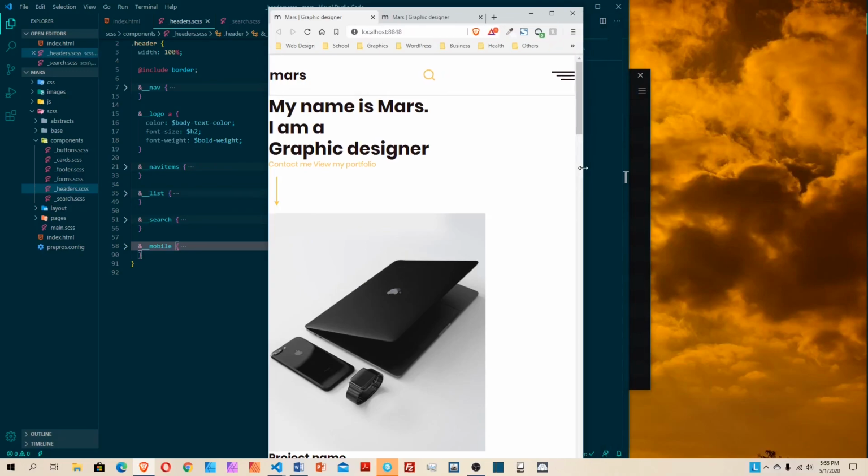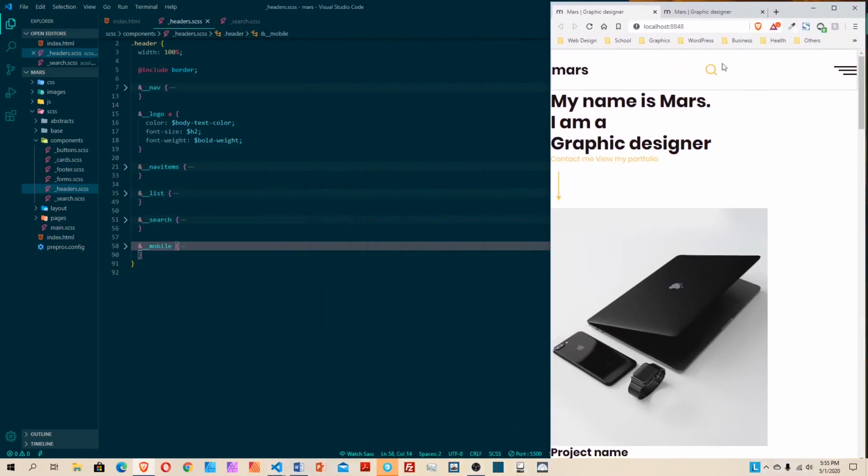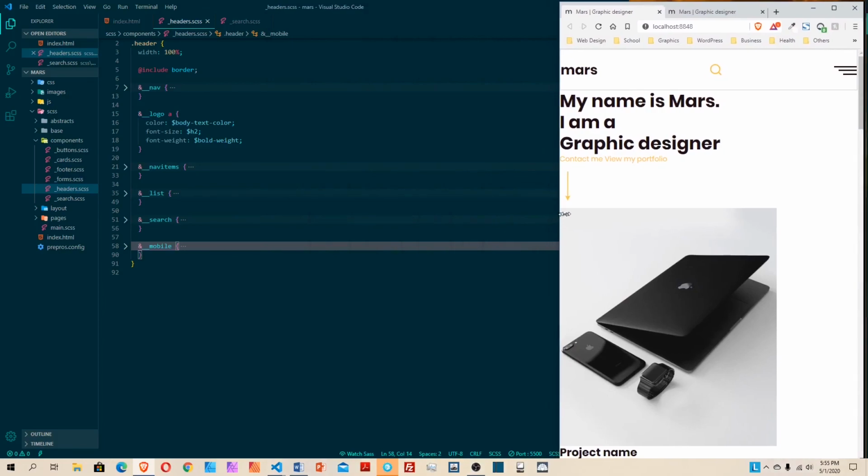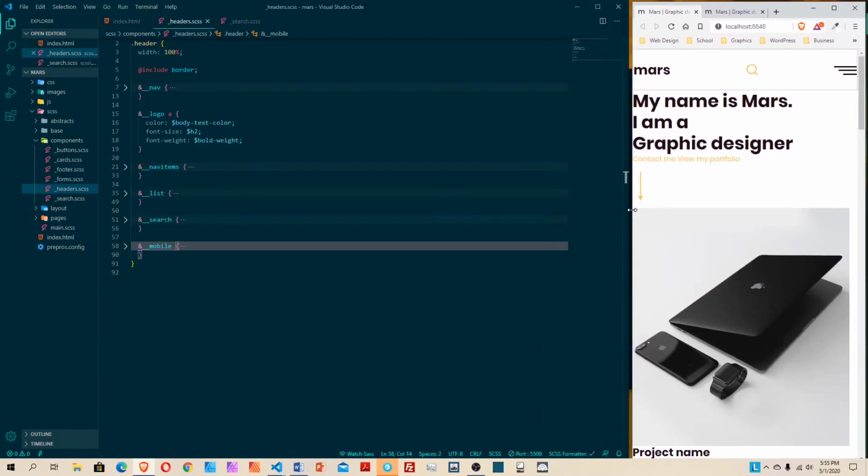So with that, we start working on the container. You can see everything is just stuck to the side, so we need some spacing. And with that, we work on the responsive breakpoint using media queries. So let me close this one out,